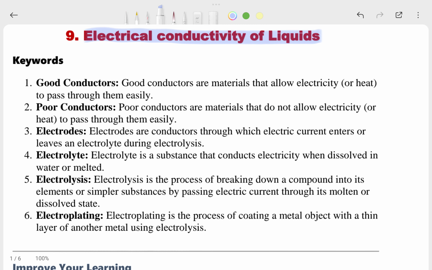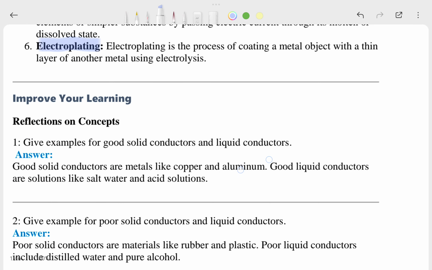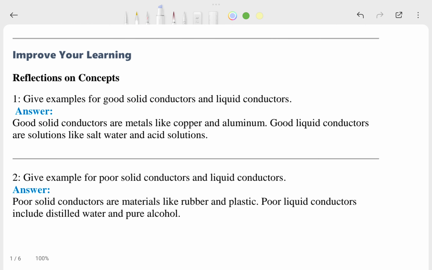There are 6 keywords in that: good conductor, poor conductor, electrodes, electrolytes, electrolysis, and electroplating. So these are generally the 6 keywords present in this chapter. If you look at that, then we will move to our improve your learning. So in the improve your learning,